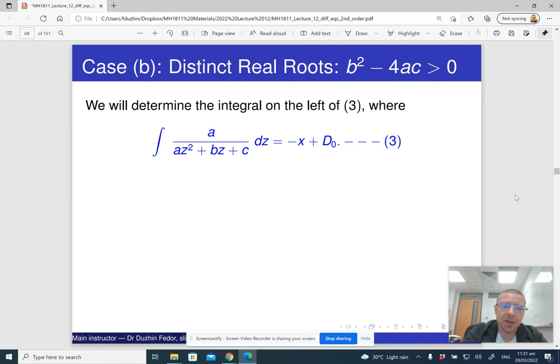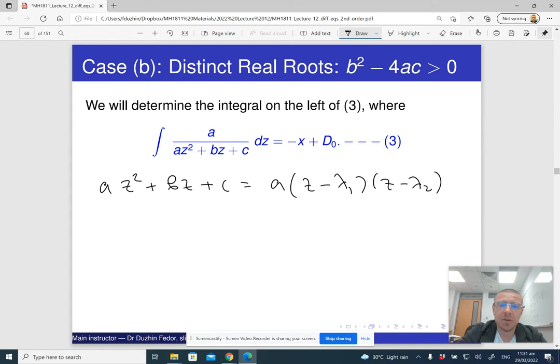So in this case, a z square plus b z plus c is essentially a times z minus lambda 1 times z minus lambda 2, right? And when we integrate this, 1 over z minus lambda 1 times z minus lambda 2 dz, we need to